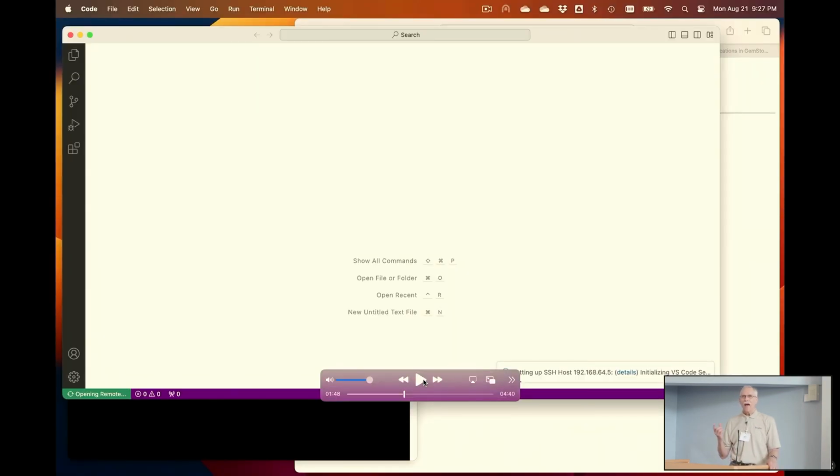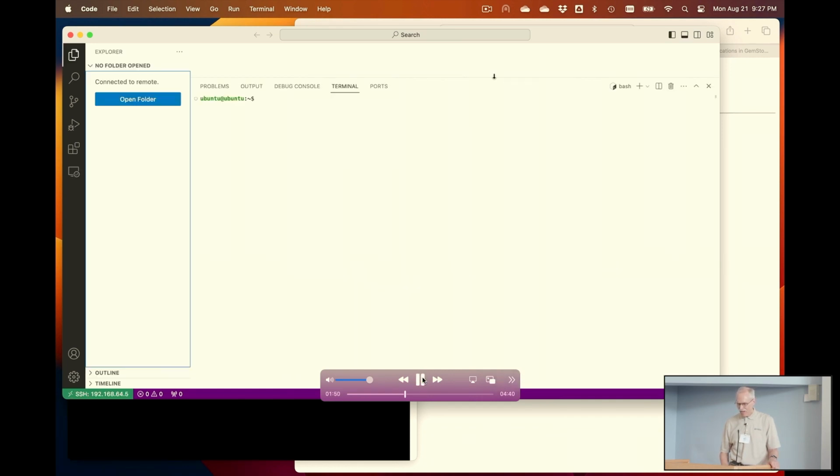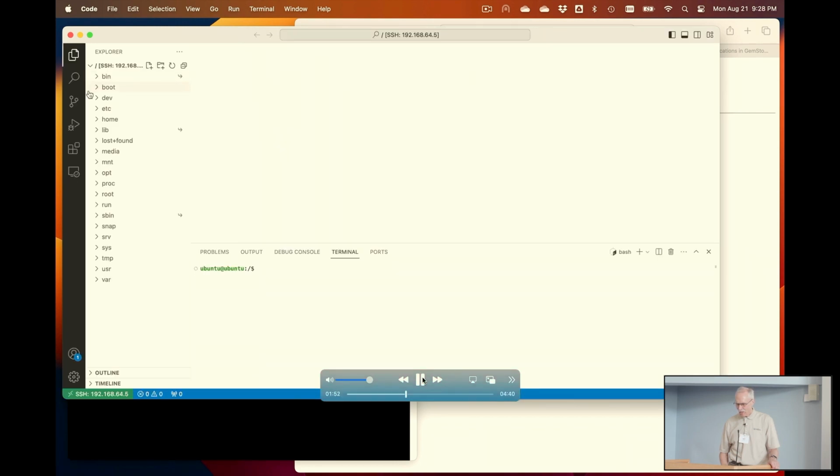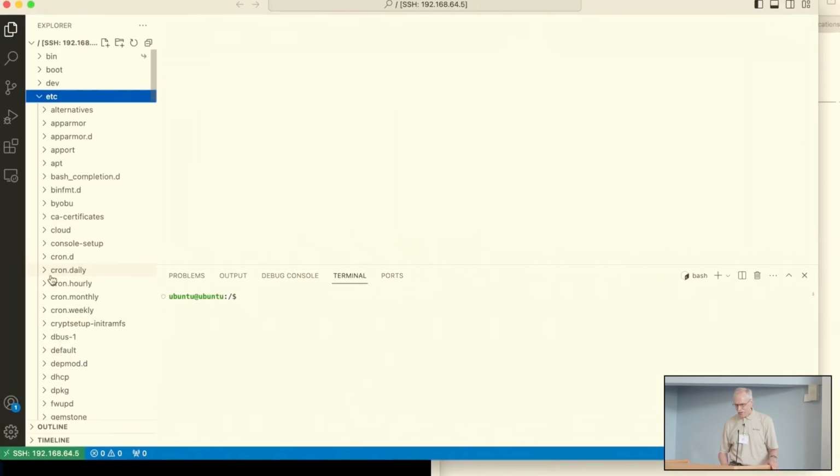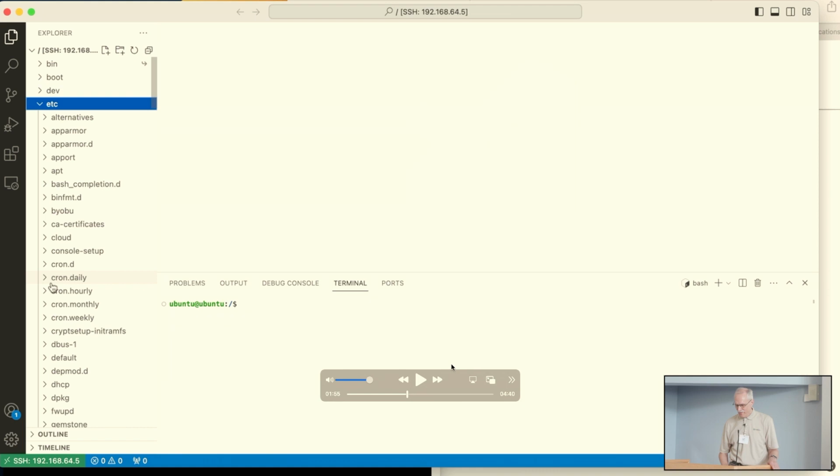From there, I'm going to use VS Code. VS Code has a feature where you can connect over SSH to another system and then use it to browse and edit files. So here I'm going to use VS Code, open a folder, open the root folder, and see if I can make this slightly larger. So you can see we've got